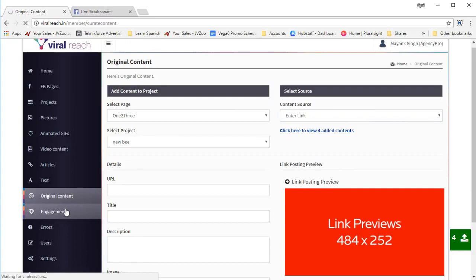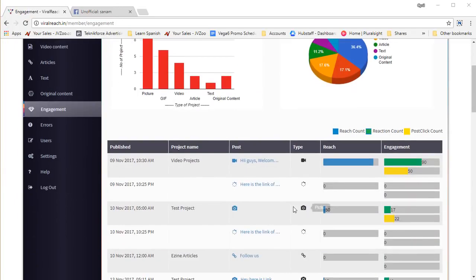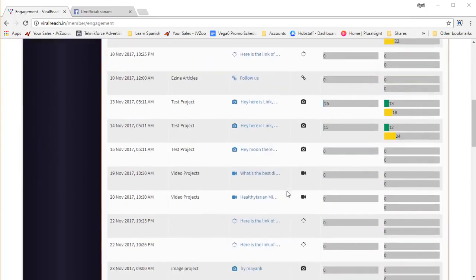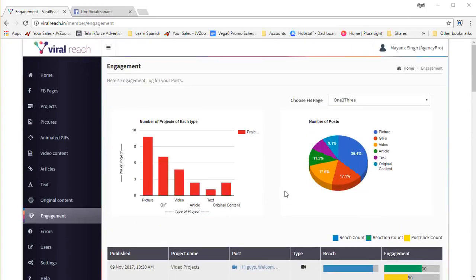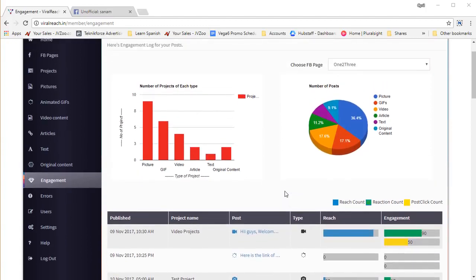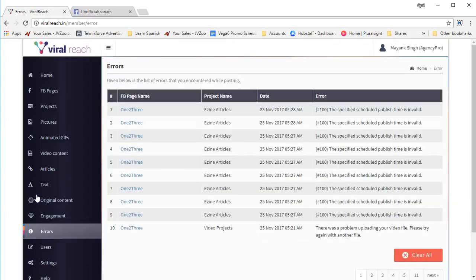And in reporting, you can see the engagement that your posts have generated. You click on engagement, and it's going to show you all the engagement that your posts have generated, what's the reach, how many reactions were there, and so on, so that you will know exactly how much buzz, what kind of buzz your posts are creating, and what kind of content you're also posting to all the pages that you have, how many projects you've got running, how many content types you have for each kind of project, and all of that information is right available there in engagement. Finally, in errors, if there's any problem posting to your Facebook fan page, you're going to be reported. You're going to see the report over here so that you'll know why exactly this happened,